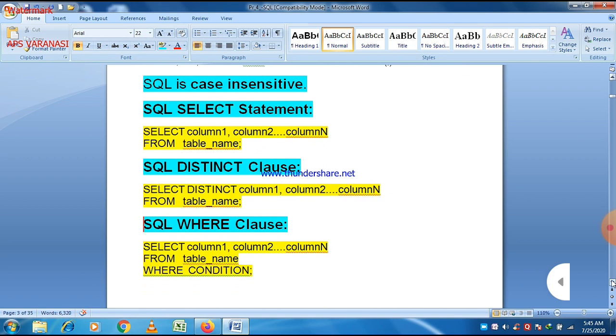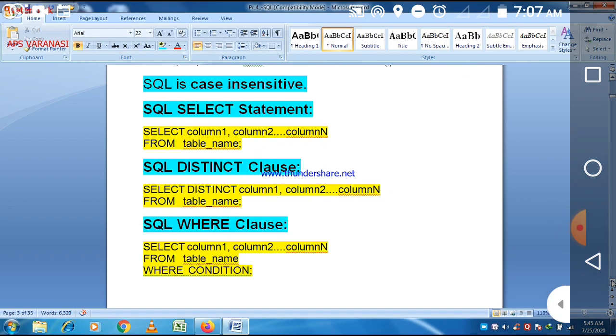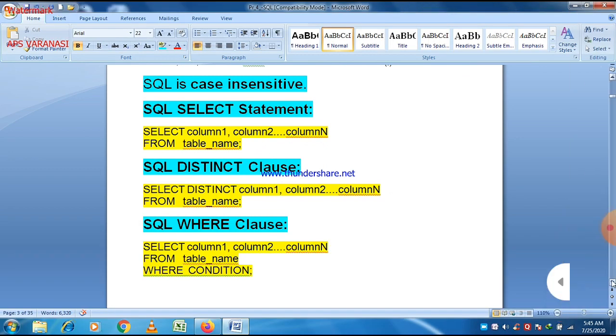So if you want to select the complete data, or a certain part of the data, you can use the select statement. Select is of course a command related to DML, data manipulation language. Just write select, then the column names, different column names. And if you want to select the entire column, you don't need to write different column names. Just write a star symbol there, then from, and then the table name. So the entire table will be selected.